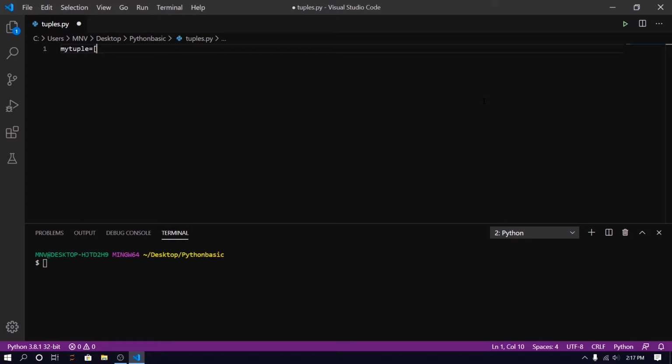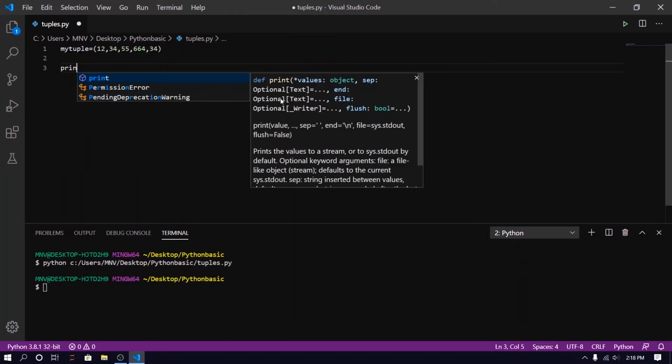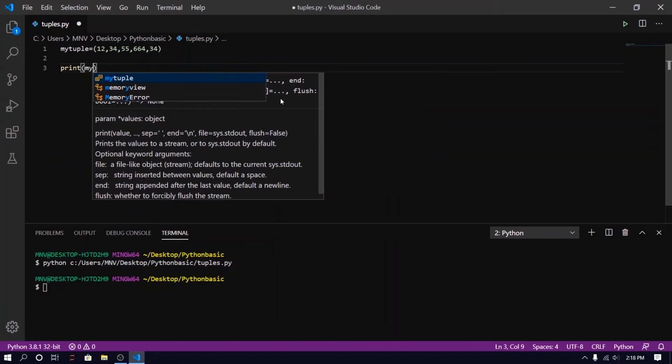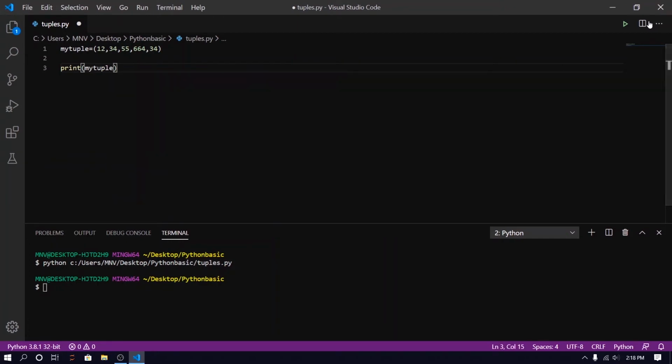Here we will use round brackets, or parentheses, and in that I am going to pass the values. Okay, so that is our tuple. Now I'm going to print this tuple. So you can see that.